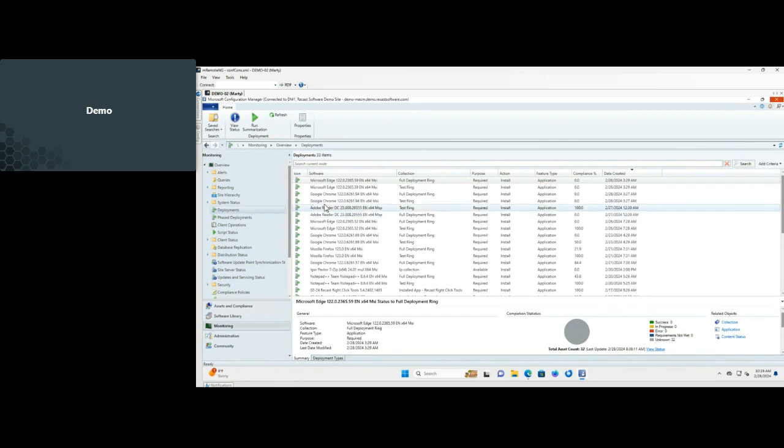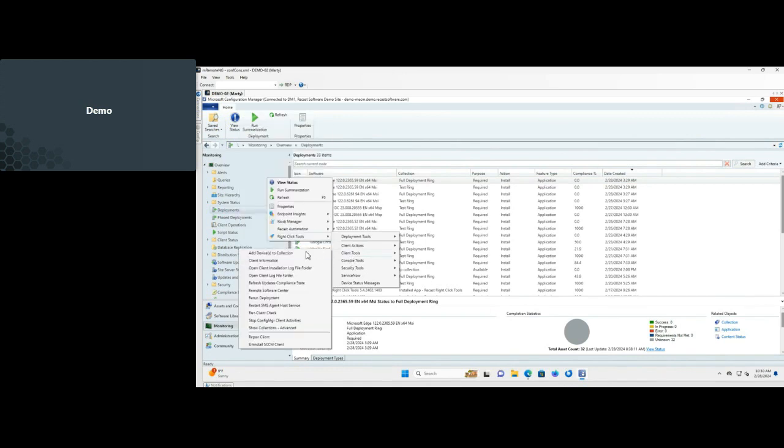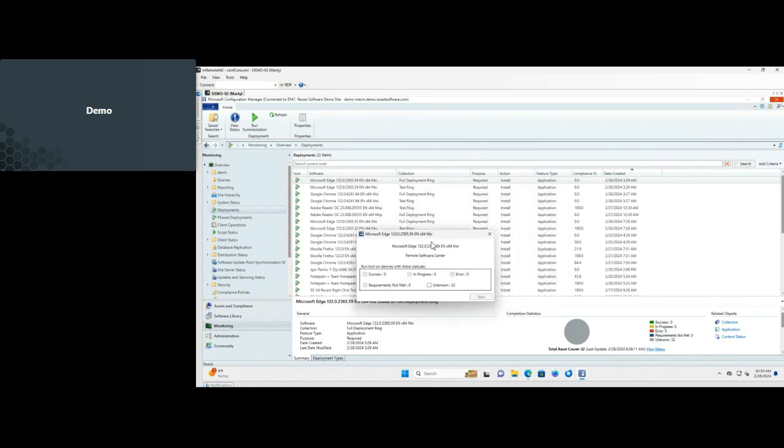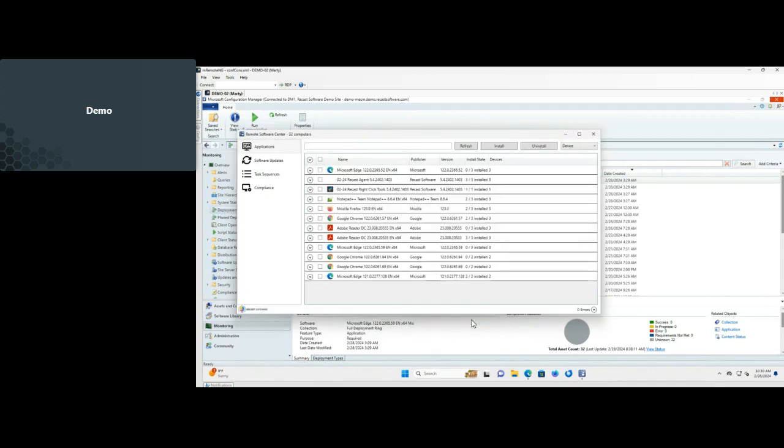One of the things I really like to show at this point is where Right Click Tools and Application Manager work together. If you have Right Click Tools, you know that you can go in here, go into our client tool, into Remote Software Center, and it'll ask you which devices you'd like to run this tool on. Well, if you have an application that you want to install faster in your environment, or you need to move more quickly than you were originally expecting,